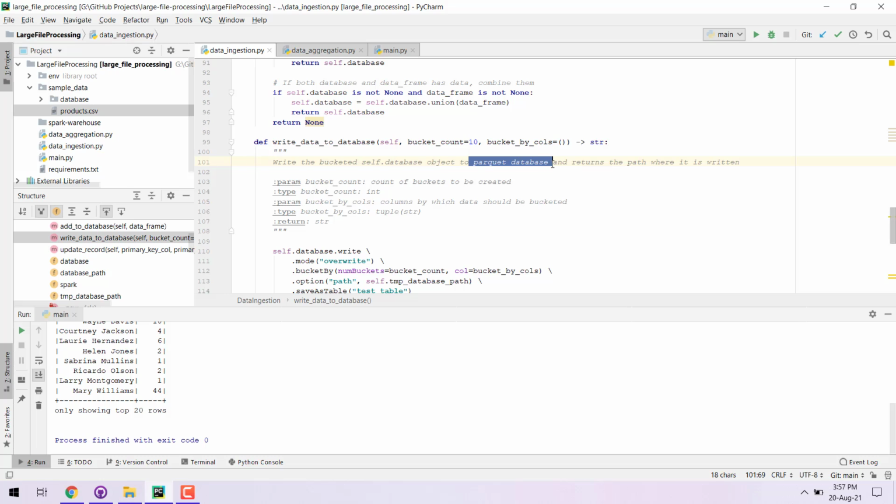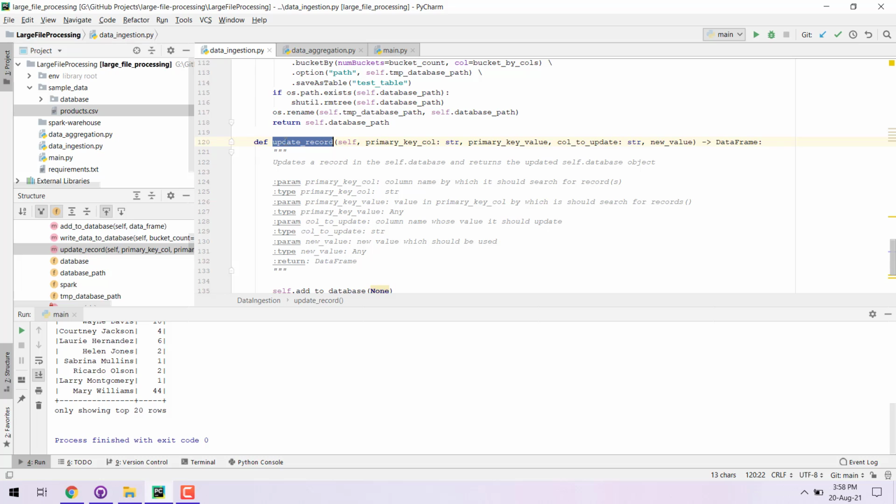Now Parquet files are already optimized for aggregation, and when we use bucketing as well, bucketing optimizes the update queries and aggregation itself, because it does not need to look for data in any other file. It already knows in which particular file a particular primary ID is. So it will directly go to that file and skip much data. So it will be much more optimized than if we store the files in regular, let's say, CSV files. So Parquet files are much better in that case.